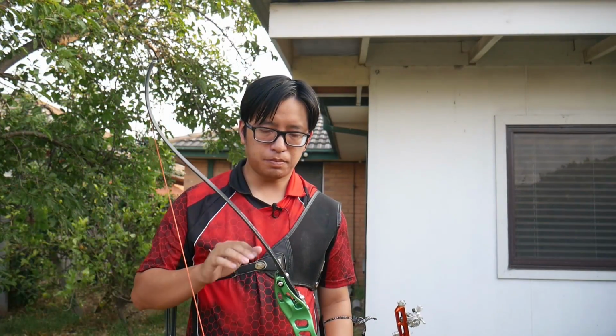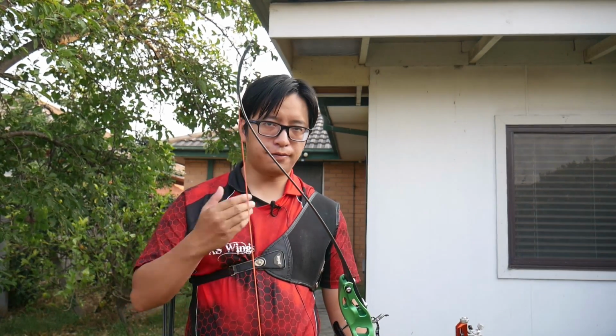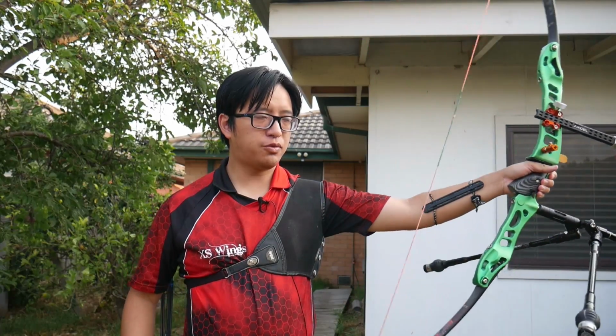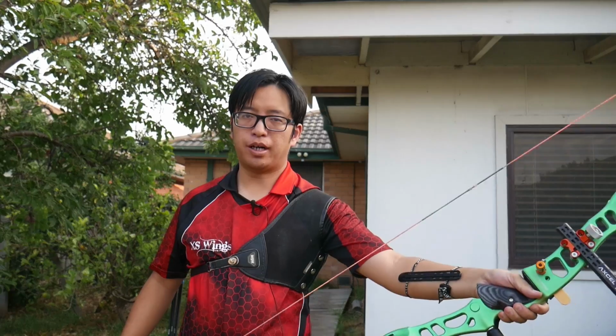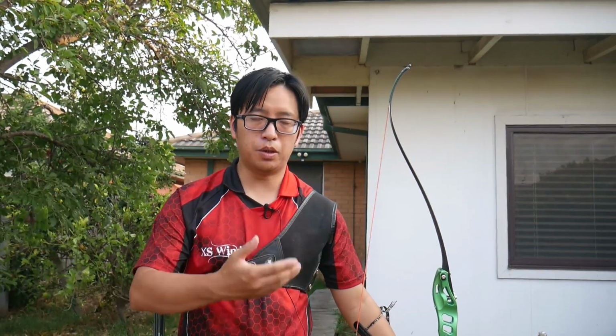I want to preface this by reminding everybody that the swing that you see isn't really a swing, it's a follow through. And you can't force a follow through. The follow through is the result of the process that comes before it. So the direction and manner in which the bow drops from your hand is going to depend on what you did prior to that point. Don't try to intentionally swing the bow left or swing the bow right. That actually defeats the purpose. It may lead to other form faults,